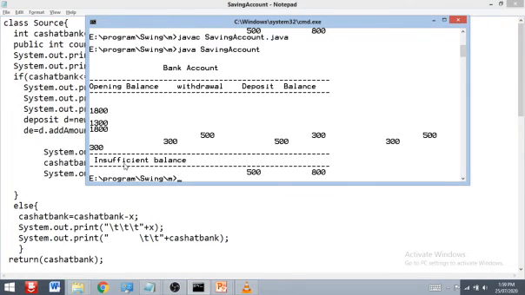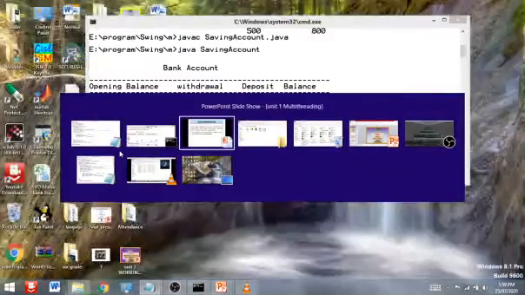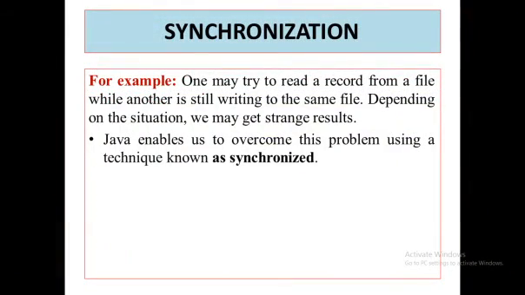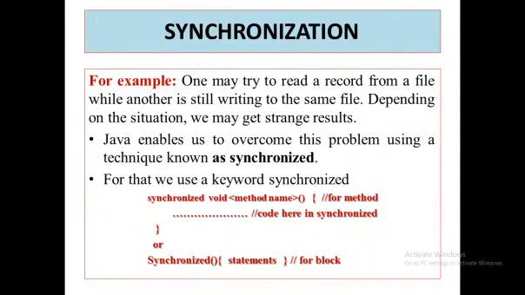We don't know at which particular transaction our amount is lower, right? So it may create problems. Here you can't maintain the balance amount. So for such a situation we can use synchronization, and for that we use the keyword synchronized.